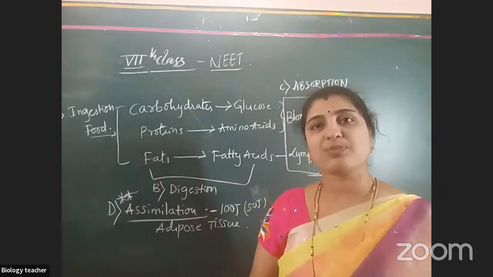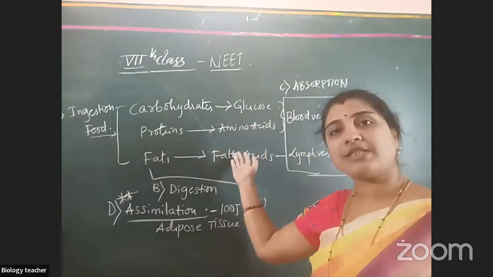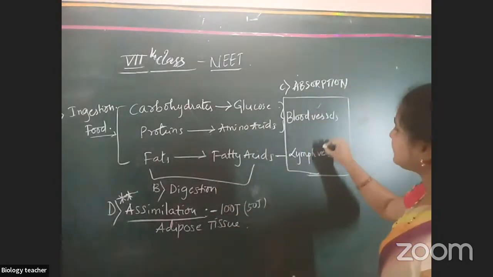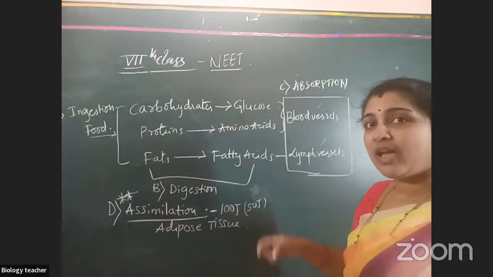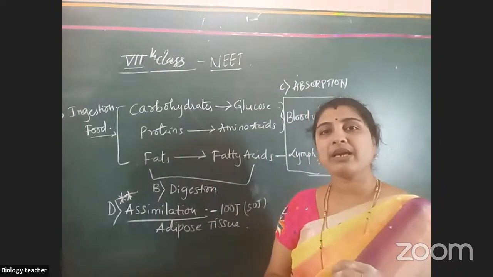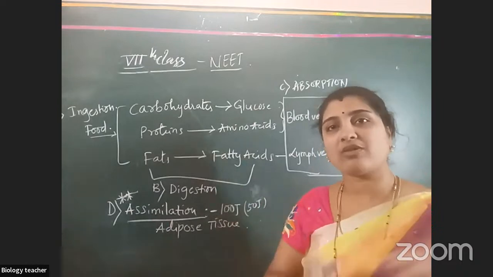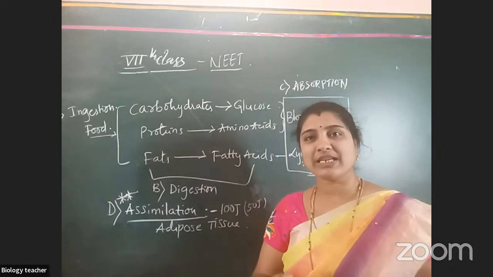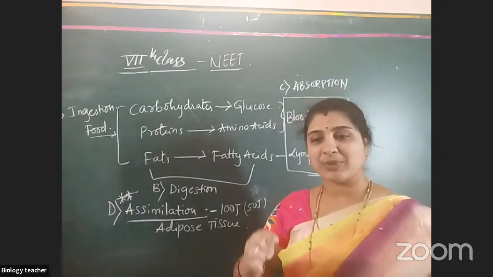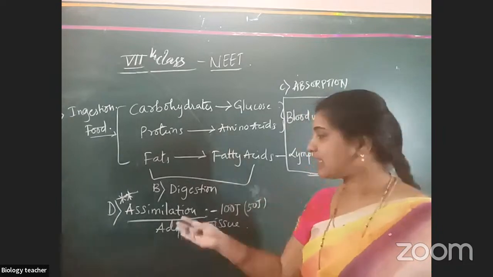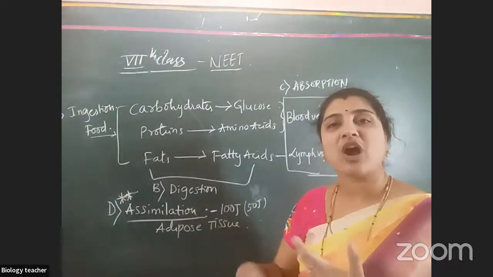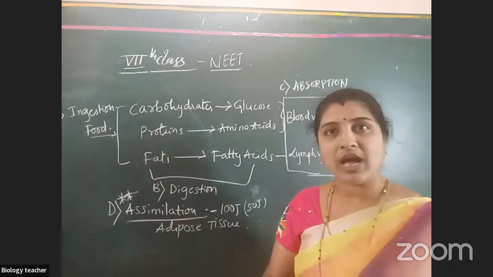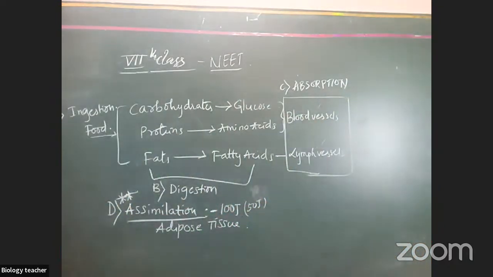In the body, in the small intestine, this energy is produced. This energy should be given to all parts. So blood vessels and lymph vessels will carry this energy. There, the energy is utilized, but the remaining energy is stored there only. If it is not used, what do we do? If we have more money and do not use it, we keep it, some in almirahs, some in kitchen boxes, like that. So it will be deposited. That is known as assimilation. If it is not used, then it will be stored, by converting into other material. That is known as assimilation.